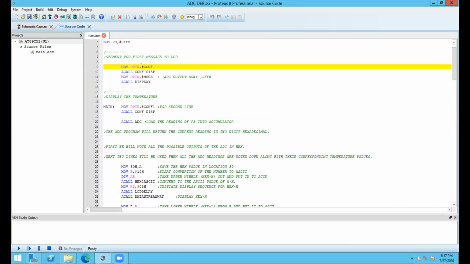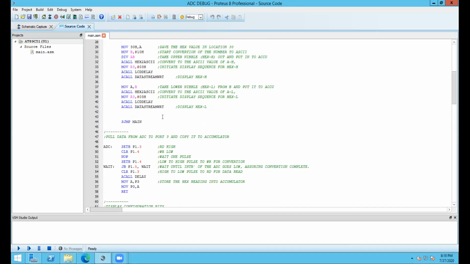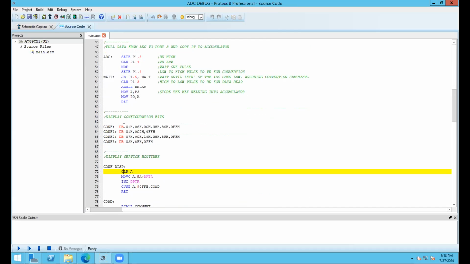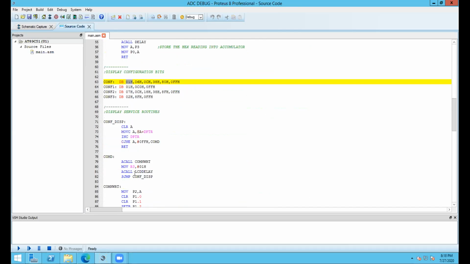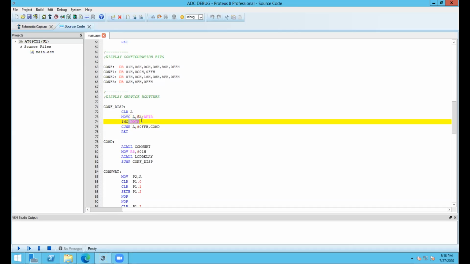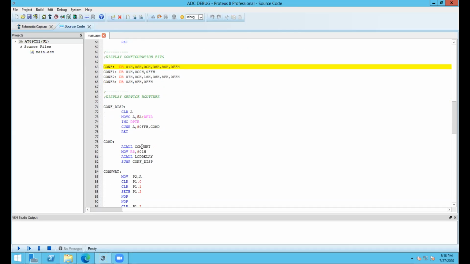This is why we are putting the display configuration bytes one by one into our data pointer. And what we are doing is taking these bytes from here to our accumulator, and then increasing the data pointer one by one just to get these values one by one, and this goes on unless we hit a 0FF hex.